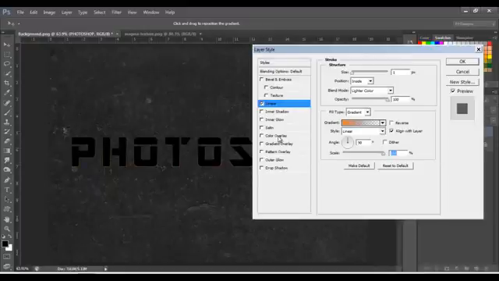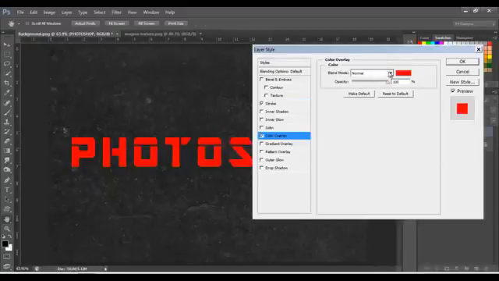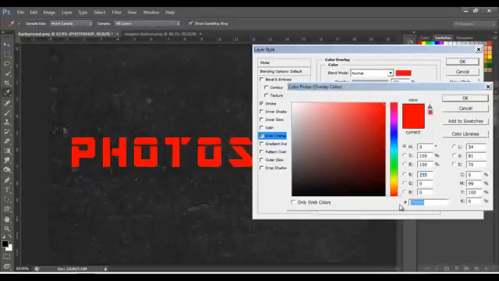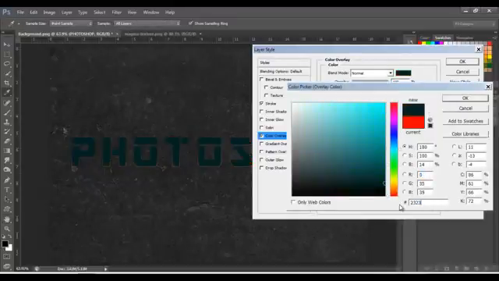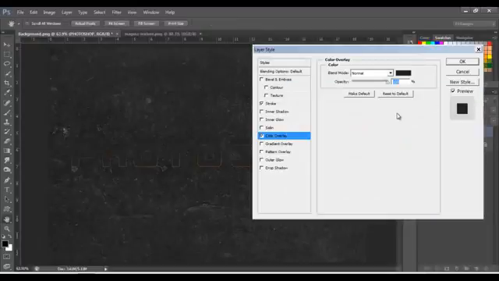Next, let's select color overlay and click here to change the color to 23, 23, 23. Click OK, opacity 100. Next, drop shadow,